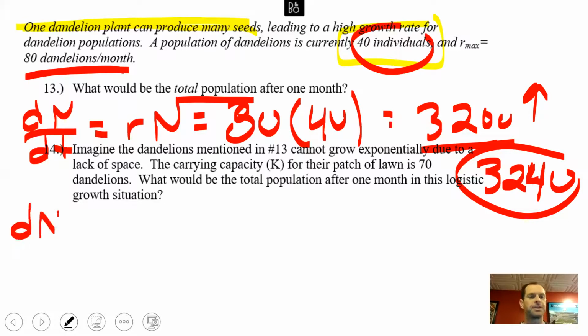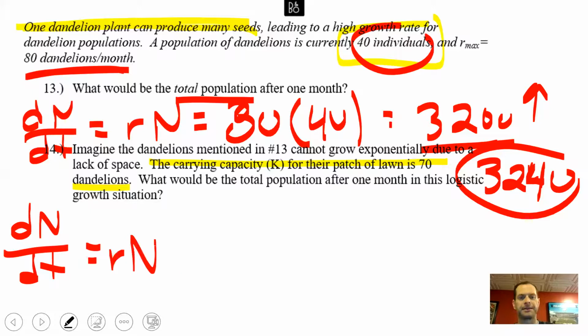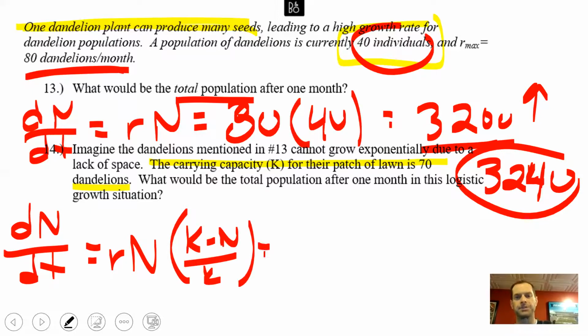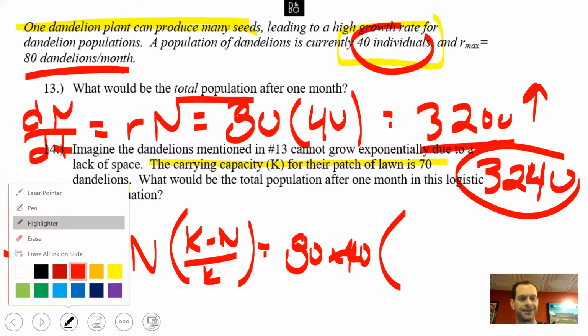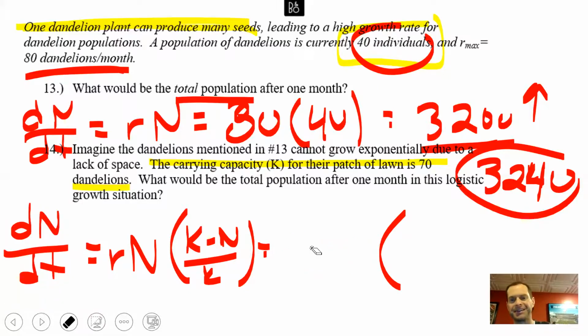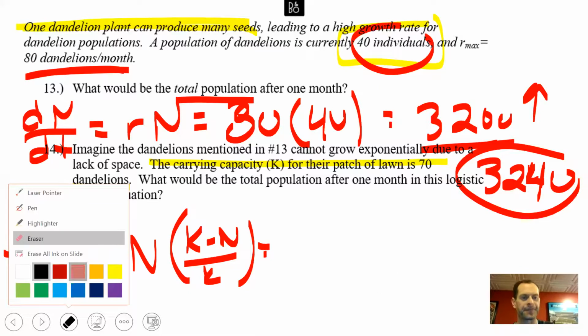Okay, if we come over here for this other one, the big news in this one is that now we have a carrying capacity of 70 dandelions. So now we're going to do a little something different. We're going to have rN, and then we have that crazy (K minus N) over K, which is the same as above. It's 80 times 40, and then, oh God, whenever I do any kind of equation that involves